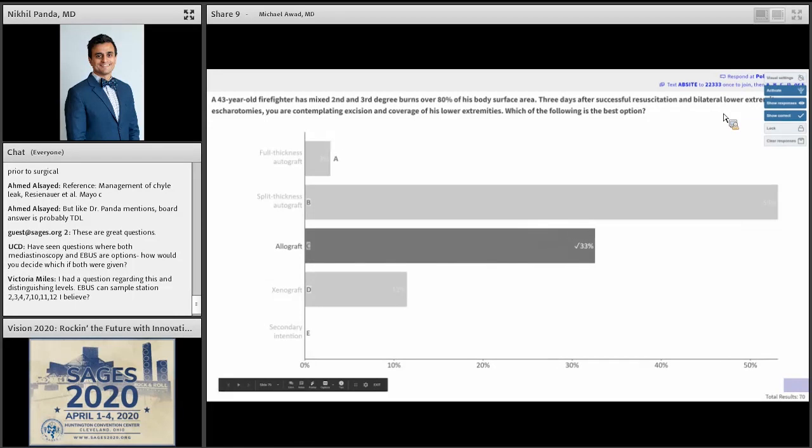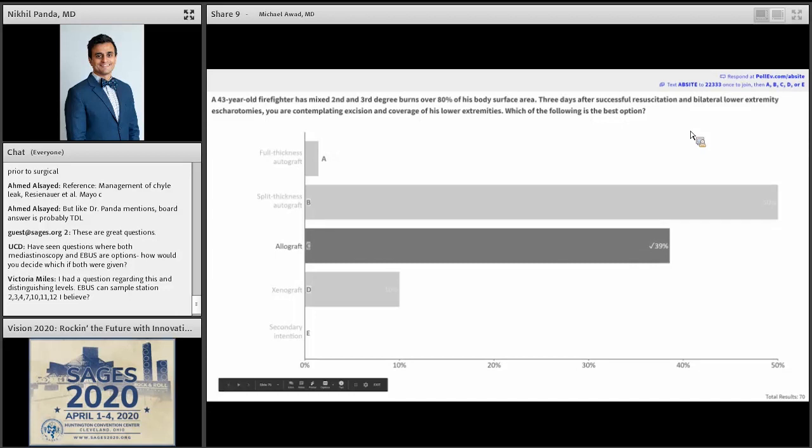Okay, great. So let's talk about this one. A 43-year-old firefighter, second and third degree burns over 80% TBSA. So absolutely right. In general, when we think about trying to get to early excision and grafting, really we're always